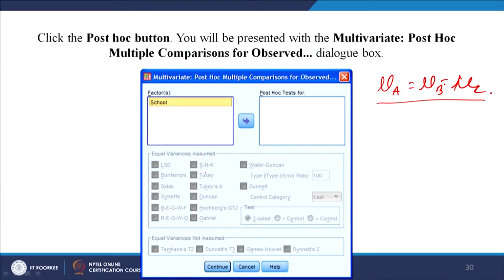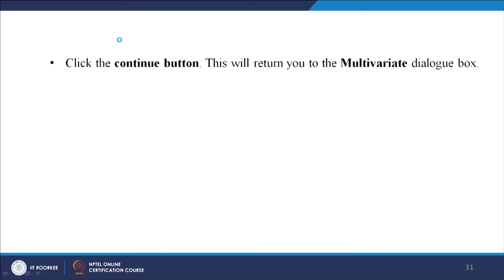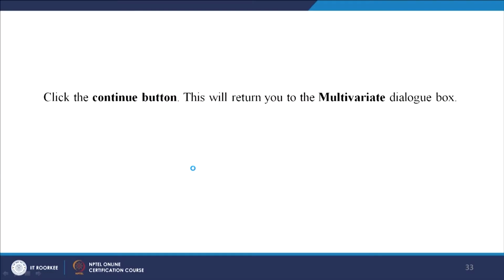Out of the several post hoc methods, the most likable is Tukey's method, and there are also Bonferroni and LSD. There are a few methods, but Tukey is the most applicable. As I said, there are two kinds of methods: the post hoc, and also the a priori method, which is not there here. The a priori method tells you to compare before the research is done. So let us talk about the post hoc only. Once you have done all this, you proceed with the steps. We have marked Tukey, and continue again.